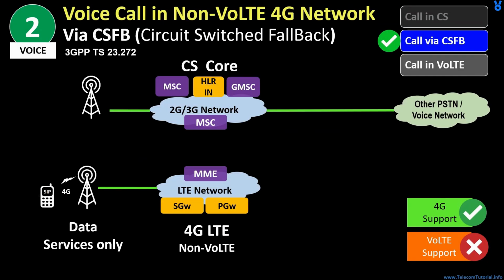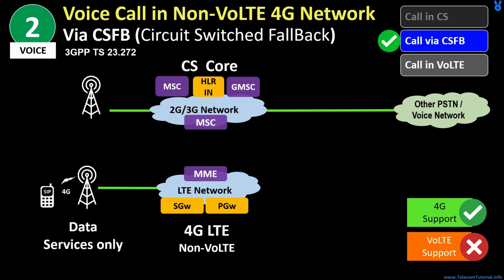The second one is voice call in a non-VoLTE 4G network. This is really interesting. So guys, let's put your focus here because you are going to learn the CSFB technique and you will understand how circuit switch fallback works. We'll see what happens when the operator has a 4G network but VoLTE is not launched or not supported yet. We will observe what happens during CSFB and how users are switched between 4G and 2G 3G networks during